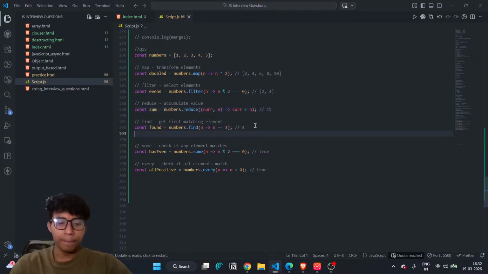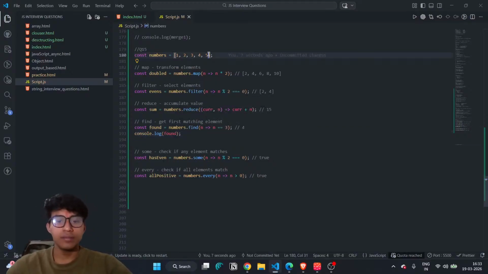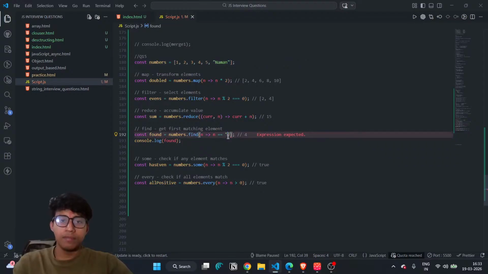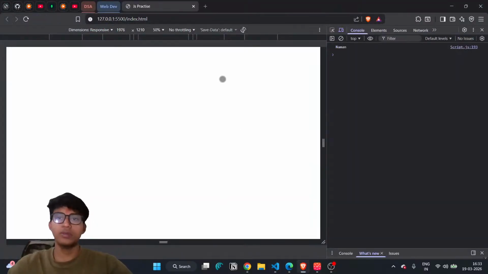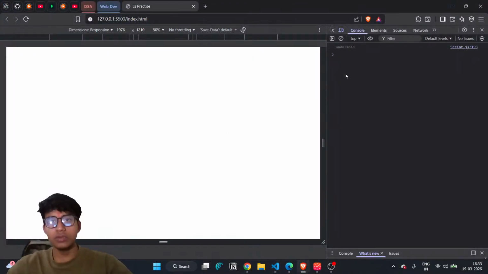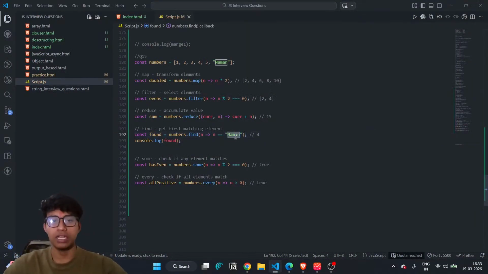print the found here. You can see that when I go to the output screen, it gives me 3, because it finds that the value is 3. And what if I go there and write a name, Naman? You can simply see that it will print Naman. But what if we use an n? The output will be undefined because it will not find any element using a number. So here it is, I will simply remove this.